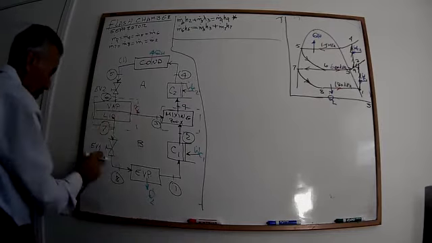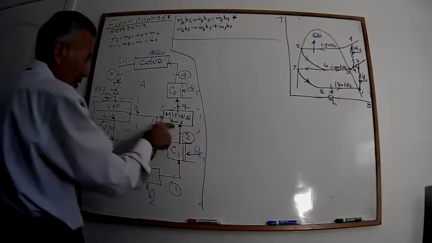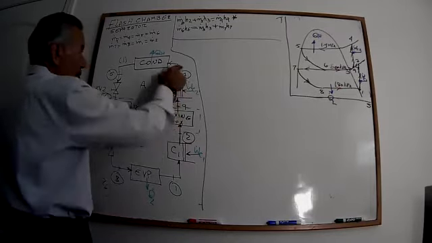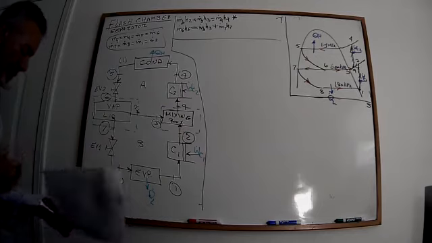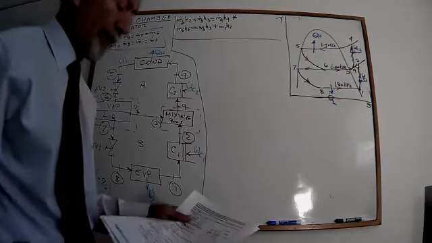It's all 1 minus X6. X6 will add to it in this mixing box. This becomes 1 unit, 1 unit, 1 unit, and that's the reason I did this. So with that in mind,